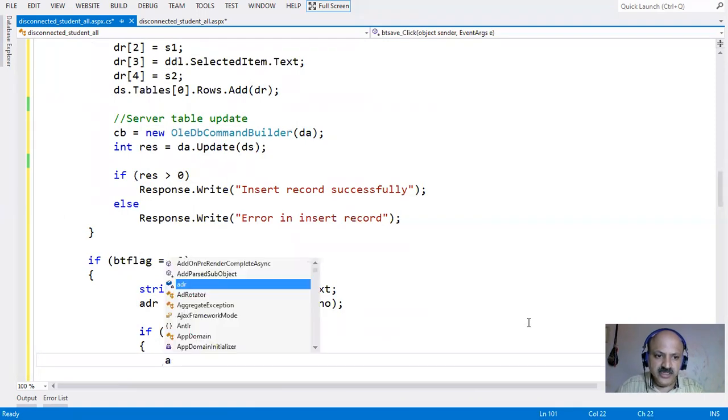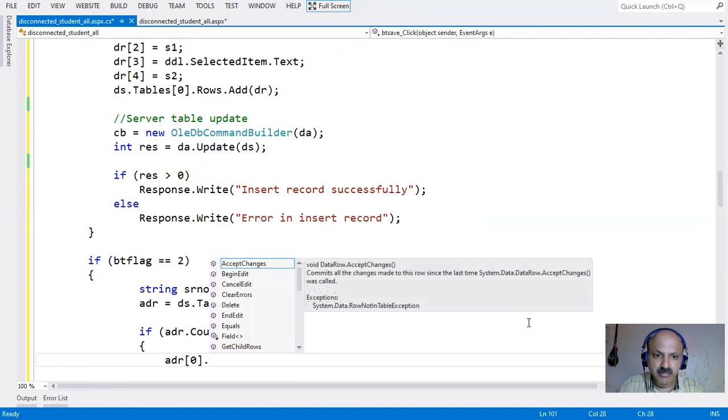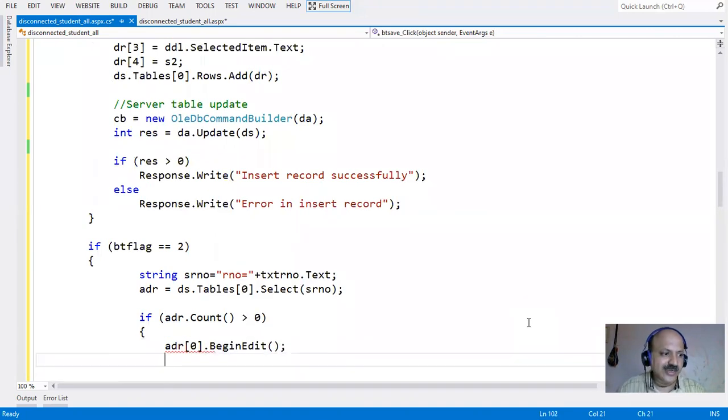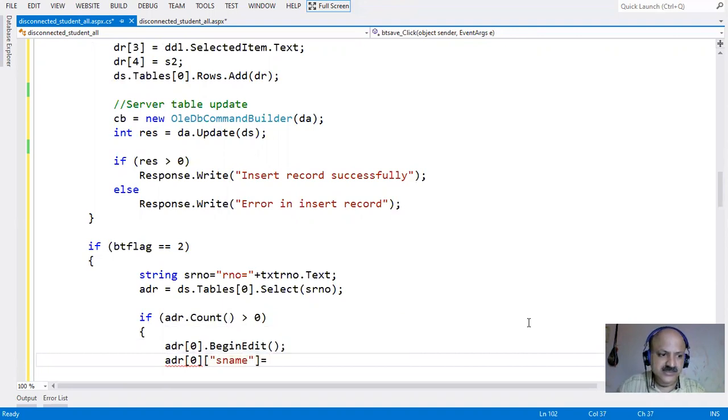So ADR of 0, and then we have to start the BeginEdit method, and then we can start our update operation, and that ADR of 0, and then the column is our name, and then we can assign our text box text name, that is the same text.